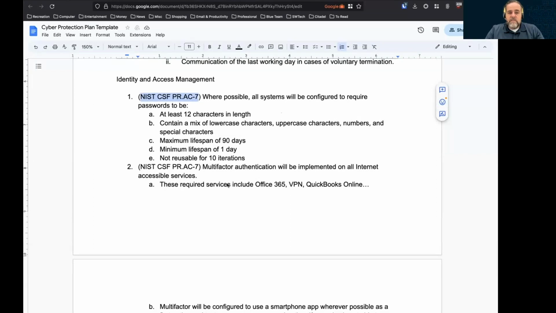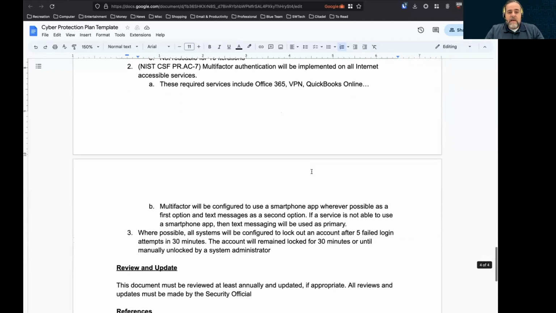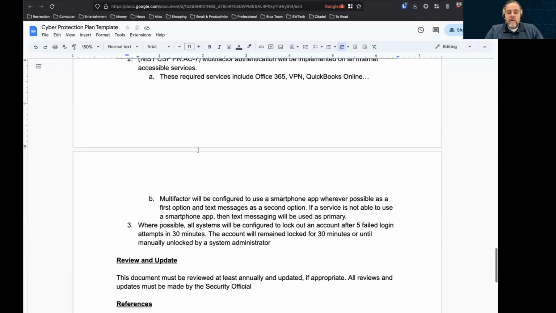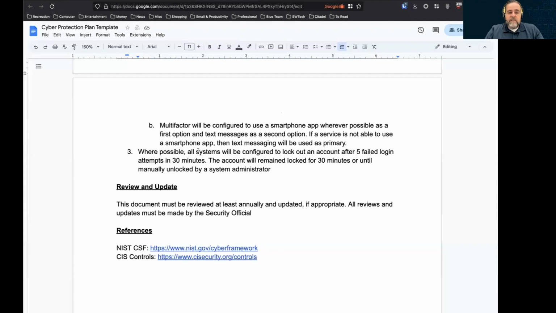These required services include Office 365, VPN, QuickBooks Online, and so on. You fill those in as you use them. Multi-factor will be configured to use a smartphone app where possible as a first option, and text message as a second option. So we're creating stipulations, being very direct here, and giving very specific things that will be done.